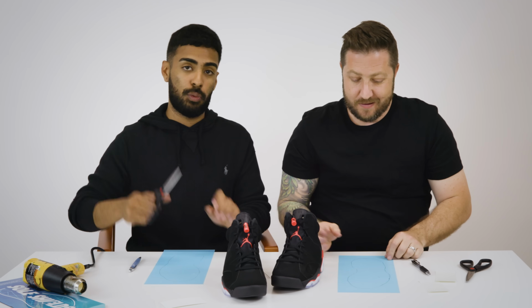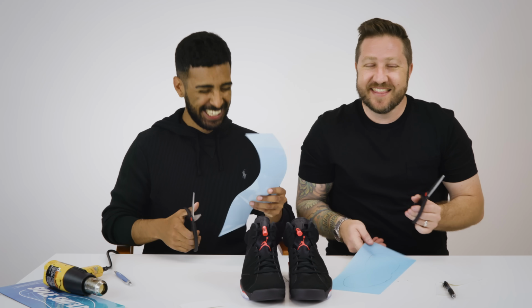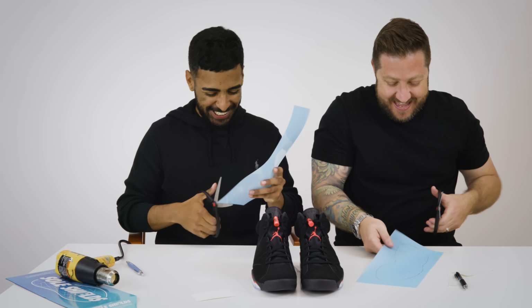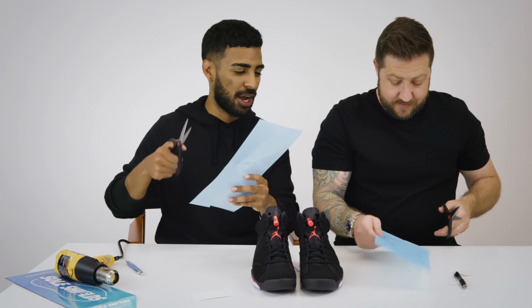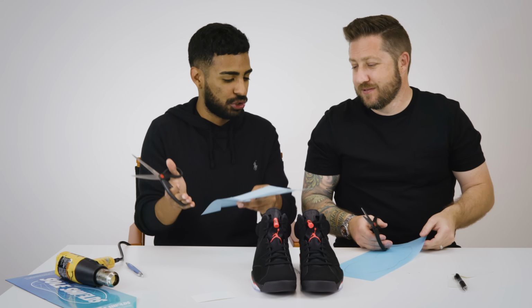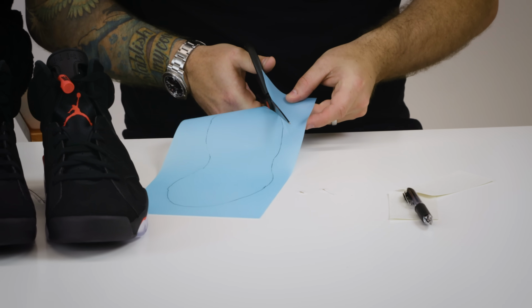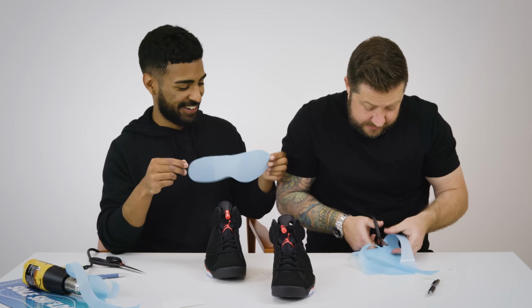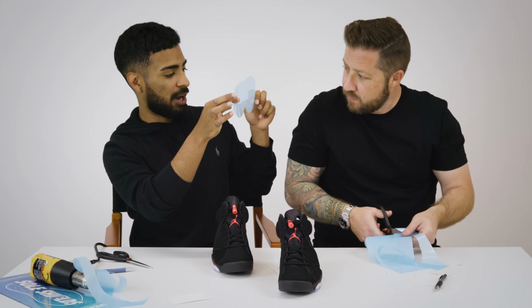Okay. Next step, we're gonna grab our scissors. Just go ahead and cut the Soul Shield. Cut along the lines? Yeah, just cut along the line. Usually what I do is cut outside the line, not right on the line, so we can have a little Soul Shield to wrap over the shoe. They're kind of tough to cut. It's not too bad. Maybe use your left hand. How accurate do I have to be in the cutting? Accurate enough. Mine's not perfect, but...